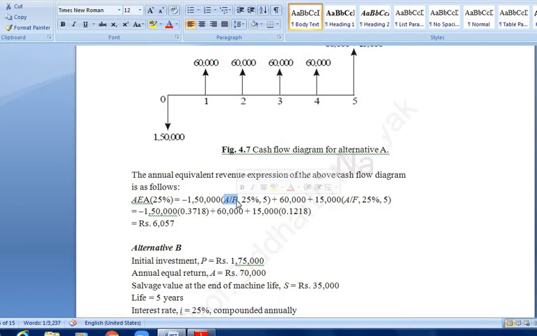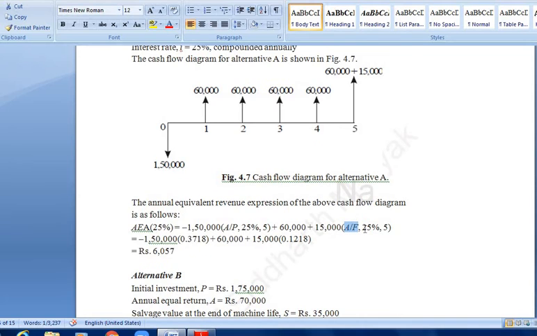Always in the annual equivalent method, it is required to find A only. So that will become the numerator. Denominator may be P, F or other thing. So to find A given P, and for salvage value, since it is a future amount, 15,000, to find A given F. So that is F, 15,000 is F. Remember here salvage value is F, don't confuse yourself. So always with salvage value you need to find A given F.